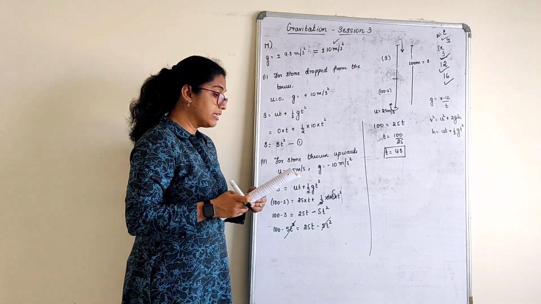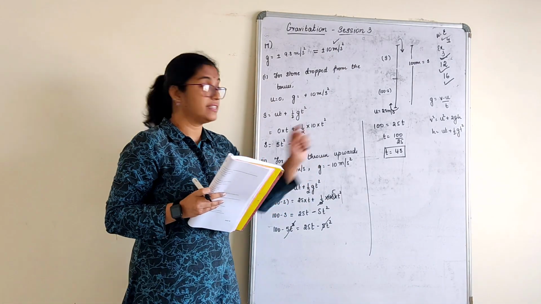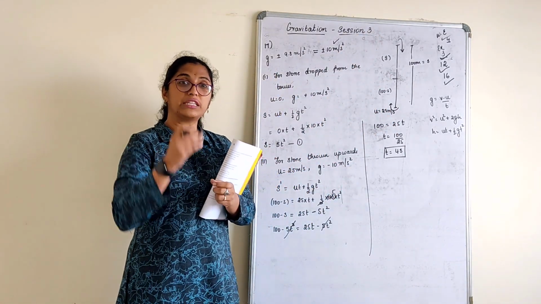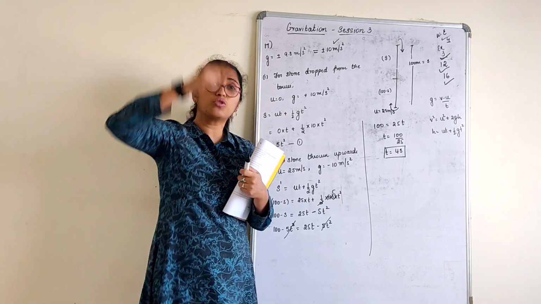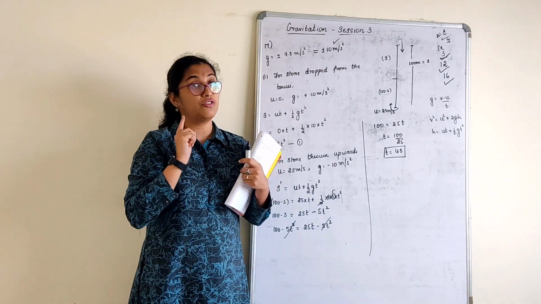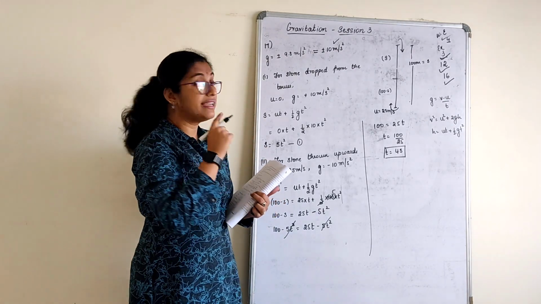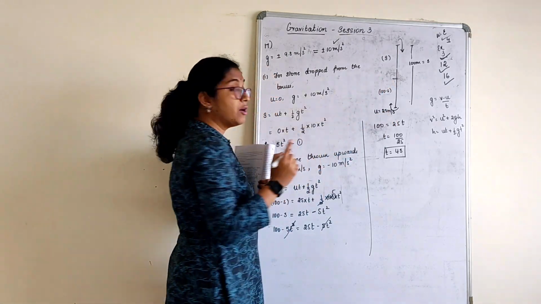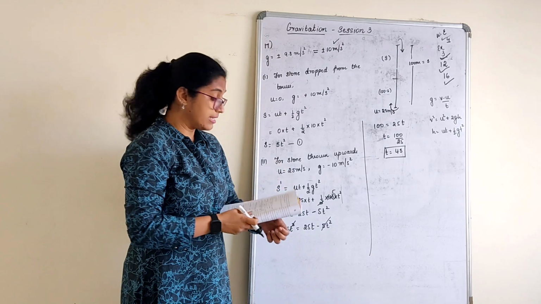So we can give the conclusion here: at what time will it meet? It will meet after 4 seconds. When you throw here and when you throw from here, after 4 seconds, both the stones will meet. Hardly for a fraction of a second, children, because that stone is going to go up and this stone is going to come down. But they are going to meet after 4 seconds. Okay? Right from there and this from here. Let's calculate what distance it has travelled, the stone when you throw up, and the stone which has come down.